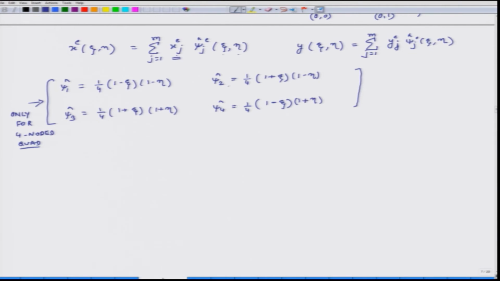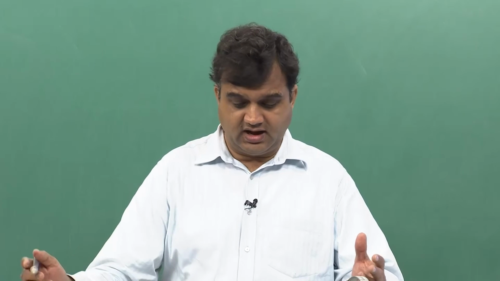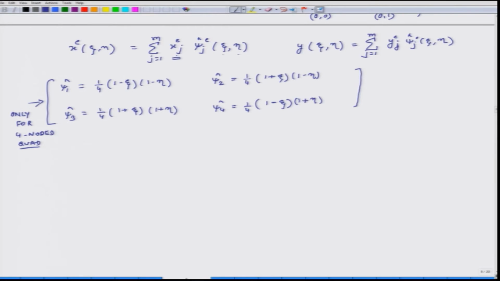The value of psi 2 will be 1 at node 2 and at all other nodes it will be 0, and so on and so forth. So, it is important to understand this. So, m minus 1 is the order of polynomial of shape function. So, if I have an 8 noded quadratic element or 9 noded quadratic element, then it will get mapped into a 9 noded square, and in that case m will be 9. So, m will go from m1 to m.